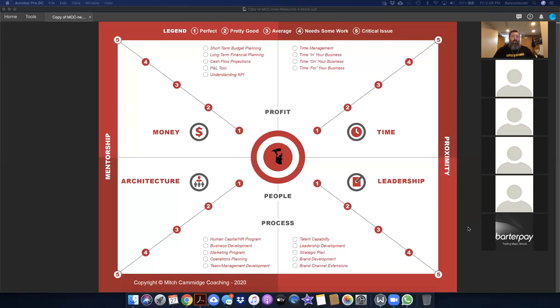Usually without fail, people go, we failed because of this, we failed because of that. Now, I'm going to use a really stark example we're sitting at right now. It's estimated that 25 or 30% of businesses in our marketplace right now are going to fail and collapse because of what's happened with COVID-19.